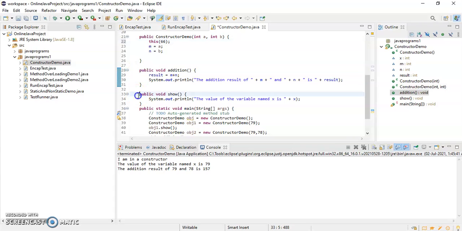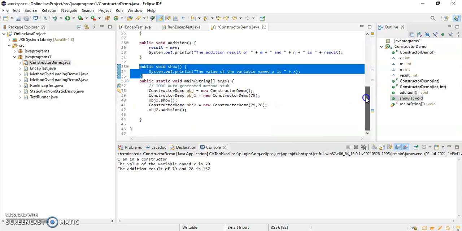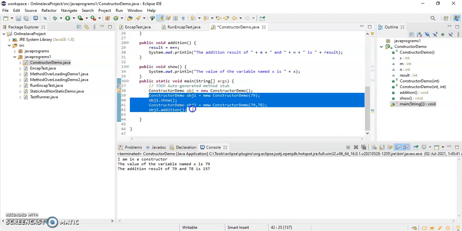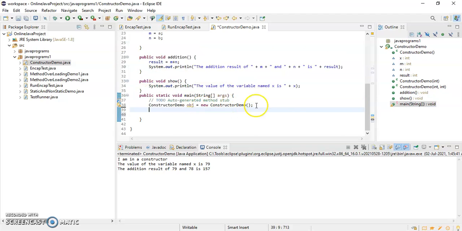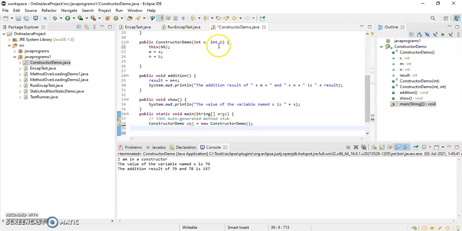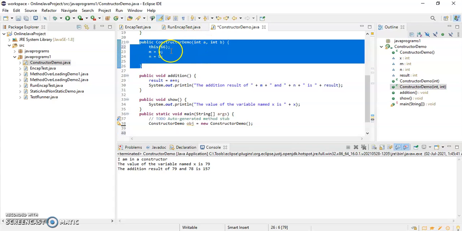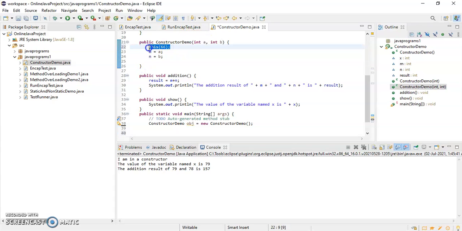This show method is written to show the value of x. So I will create only one object now, and here I will pass two parameters, so that this constructor will get invoked, and from it I am calling the one-parameter constructor.